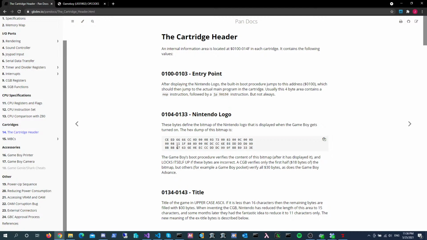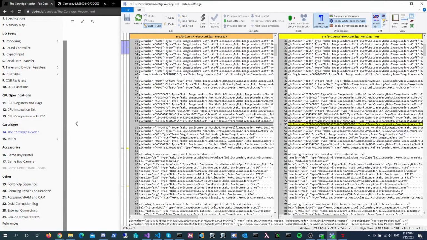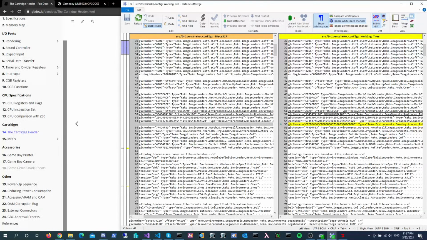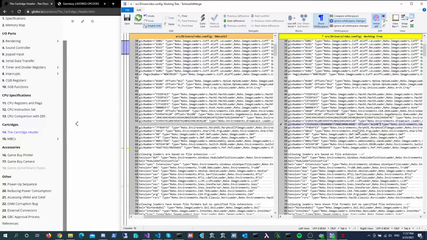So what we'll do is we'll use these bytes as identifiers, but also we have to make sure that we read them at address 0104 of our file, and we're not doing that right now. We're reading them from offset 0, and that will fail. So we'll just make sure that we specify the correct offset,